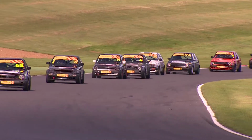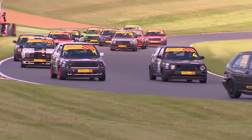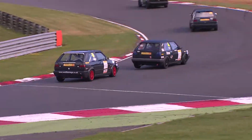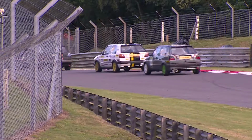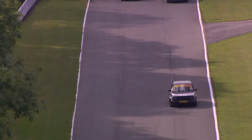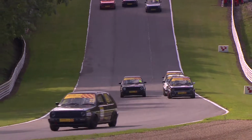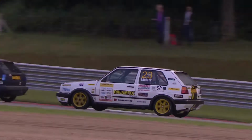Good scrap also going on for 8-valve honours between Simon Tomlinson and Alex Nuttall. It's a challenge to the inside there from Stuart Lyons to the inside of Chris Skipp. Lyons in car number 4, Skipp number 74. Nice big fluorescent numbers as Jason Tingle leads the way down Pilgrim's Drop behind Stuart Lyons, now busy defending from